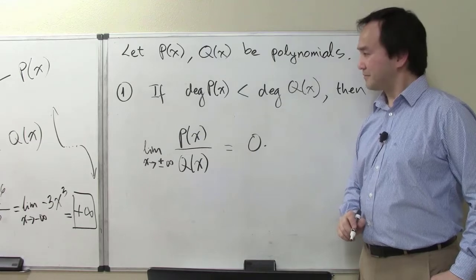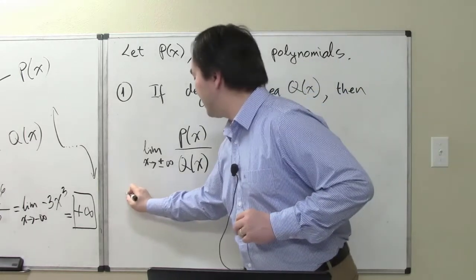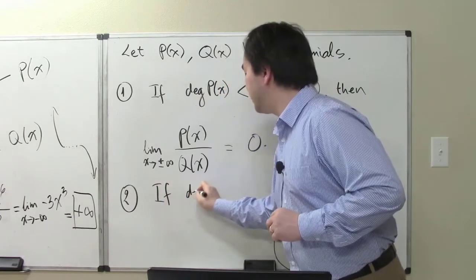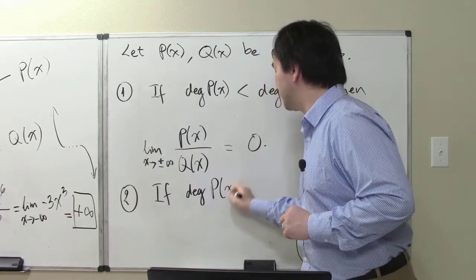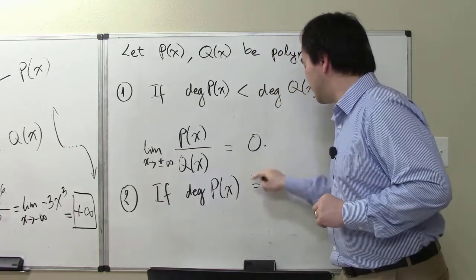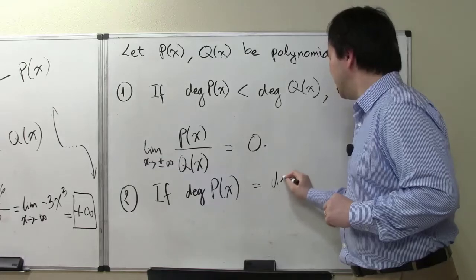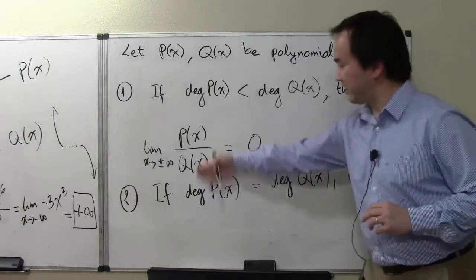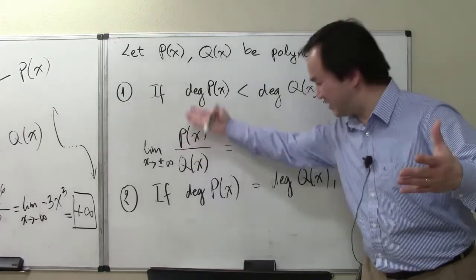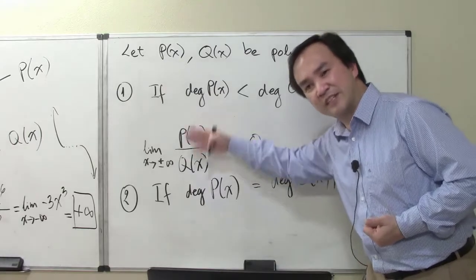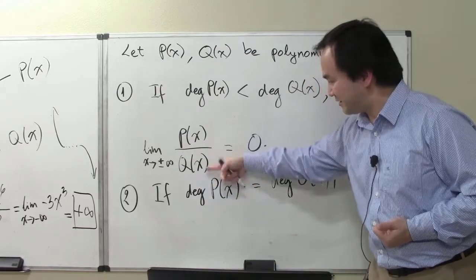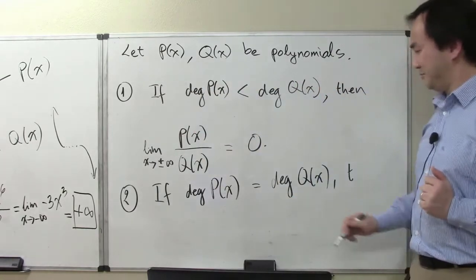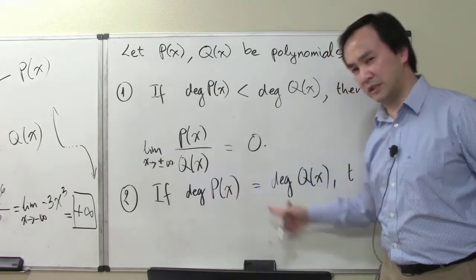All right. And then now, in our second case, if the degree of our P of x is equal to the degree of Q of x, then, and I'm talking about, generally in the entire generalization I'm doing here, I want to set into that rule that P is on top and Q at the bottom. That's why it matters with these. Okay, so now when top and bottom have equal degree,